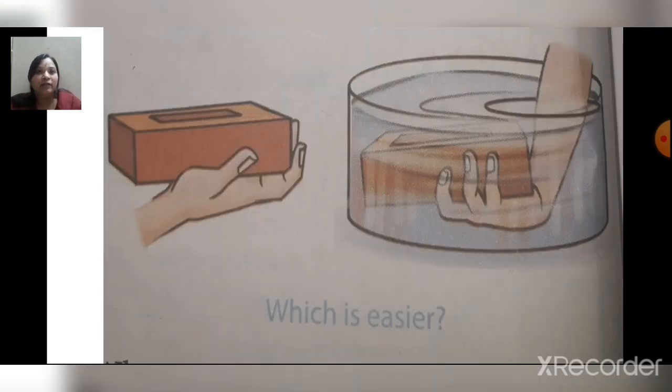Now children, as we have discussed, when we are inside the water, we feel that our body is very light. You can try and do this experiment at home. Take something heavy. If a brick is available, you can use the brick also, and feel the weight of the brick when it is outside water. Now immerse your hand along with the brick inside the water, and you will observe that the brick feels much lighter when it is inside the water.